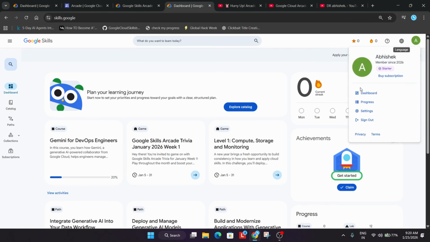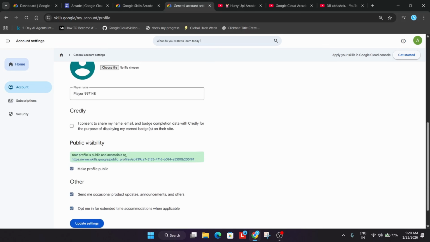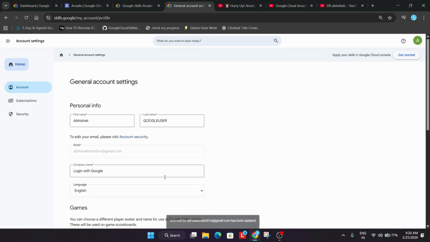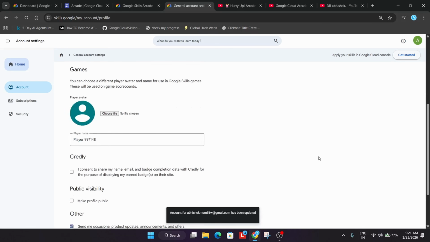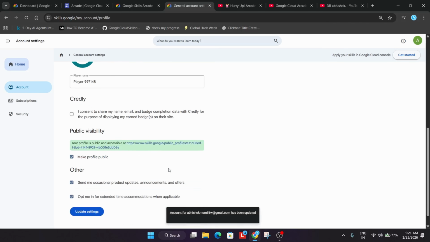Now, the first thing you need to do is go to your profile, go to the settings, and at the bottom, you'll see this option. Let me first of all do it for you. Do not do it, just watch carefully. When you create the account for the first time, it will look like this. You have to click on this checkbox and simply click update settings. Once you see your profile is accessible, you have to come